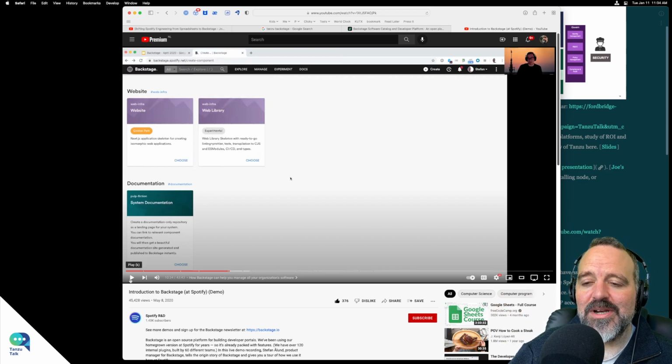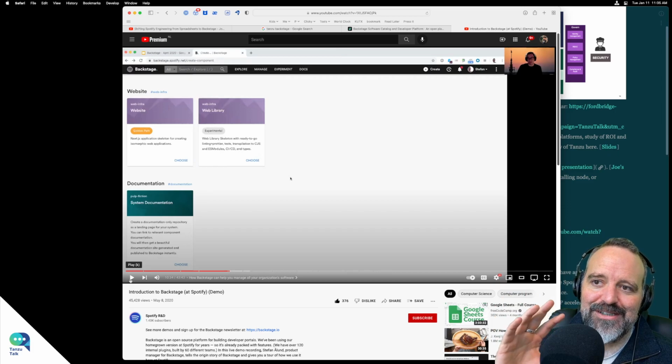If you have a standardized way of doing that, instead of every large organization coming up with their own way of templating, and it's not just per organization, there will be 10, 20 different ways depending on how many thousands of developers and people you have who've all templated out their own systems here. So it's nice to have a standard way of doing it.